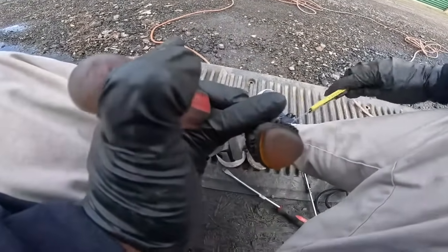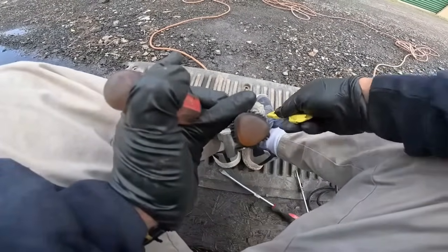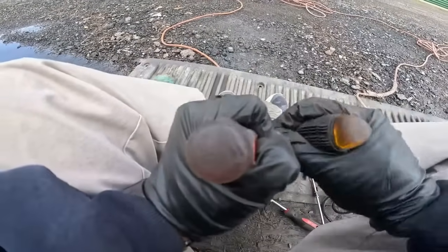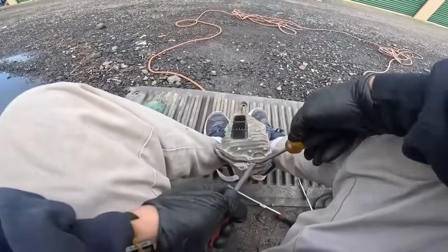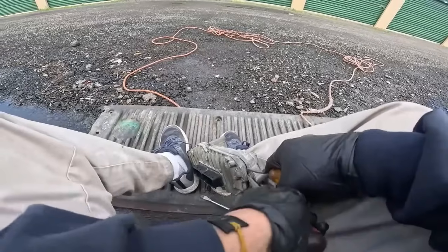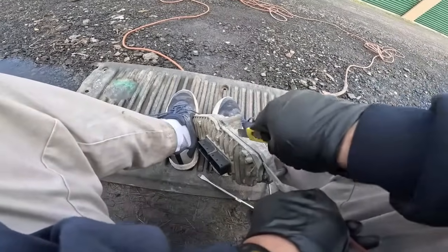Oh, I forgot to mention, you're also gonna need a, I don't know what it's called, a gasket maker liquid for this, but I'm gonna show you when to put it together. When you're ready to put it together, you're gonna need the gasket maker. But that comes later. Right now, we do the opening little by little